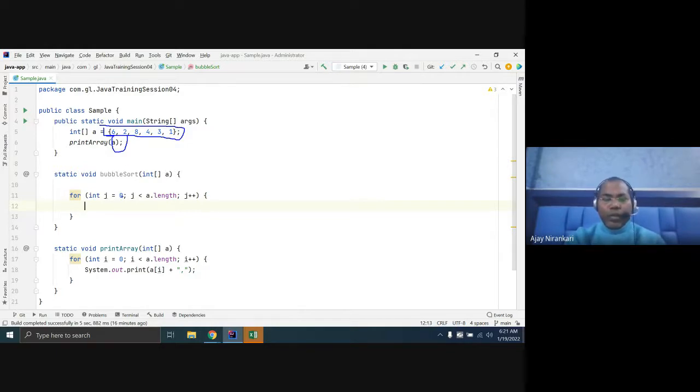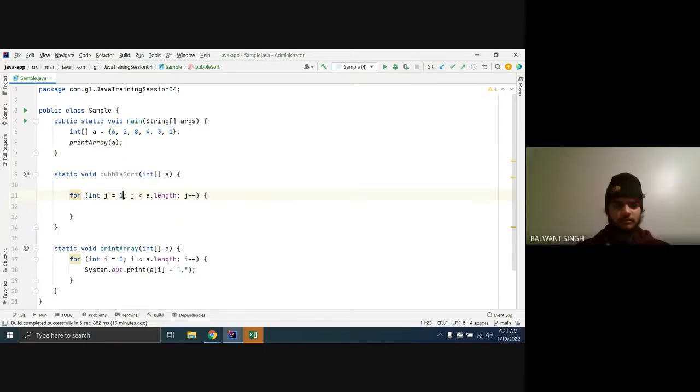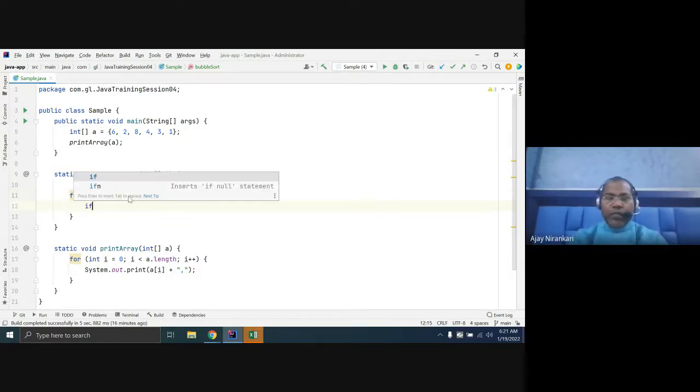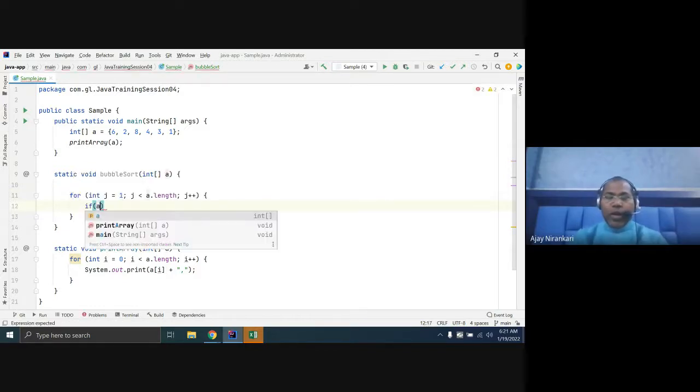So your array starts from 1, and you just compare if a[j], that means this is the one element, you can start the loop from 1. If this position is smaller than a[j-1], that means whatever this position minus 1, compare with this one.